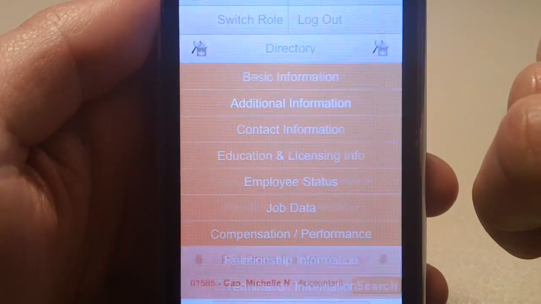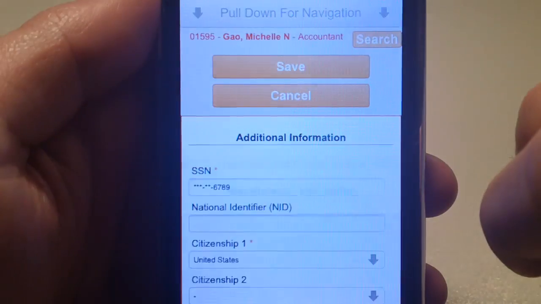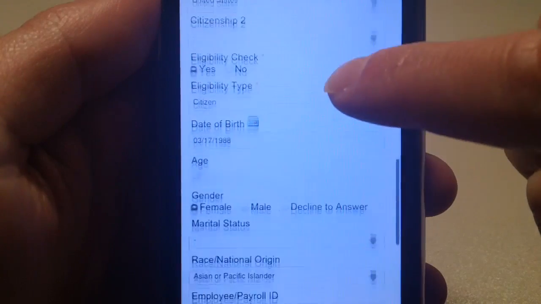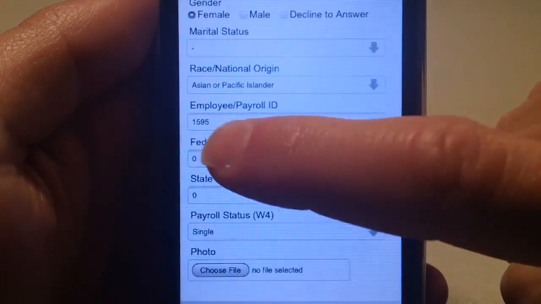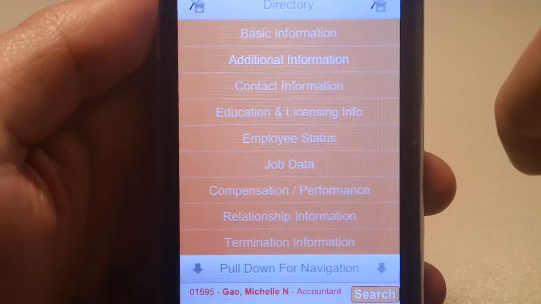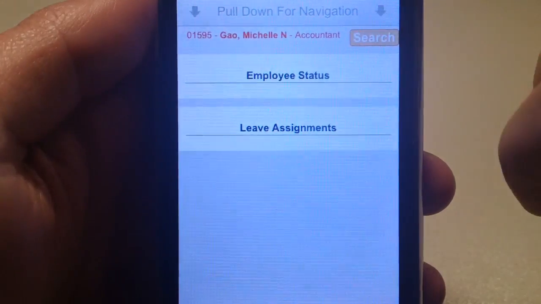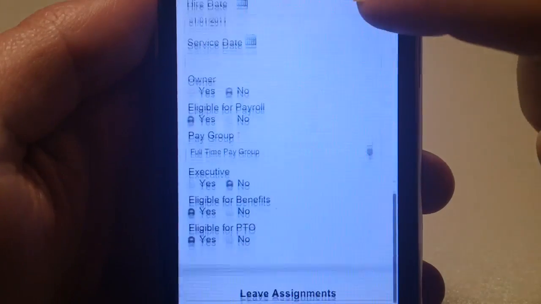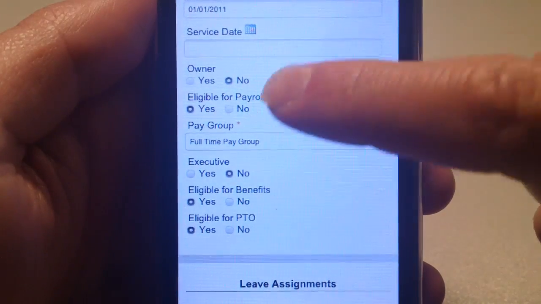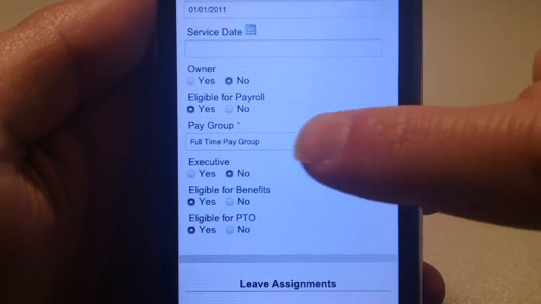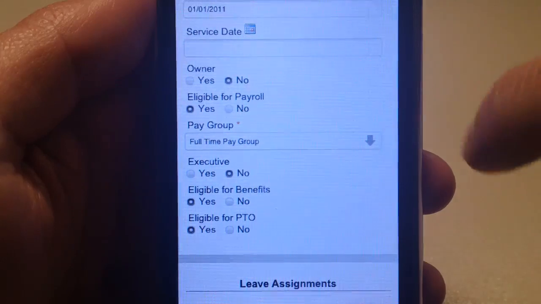The first piece of data is on the Additional Information page. You will need to give the employee a payroll or employee ID number. The second piece of data is on the Employee Status page. Simply mark the employee as eligible for payroll and make sure that the employee is also assigned to a pay